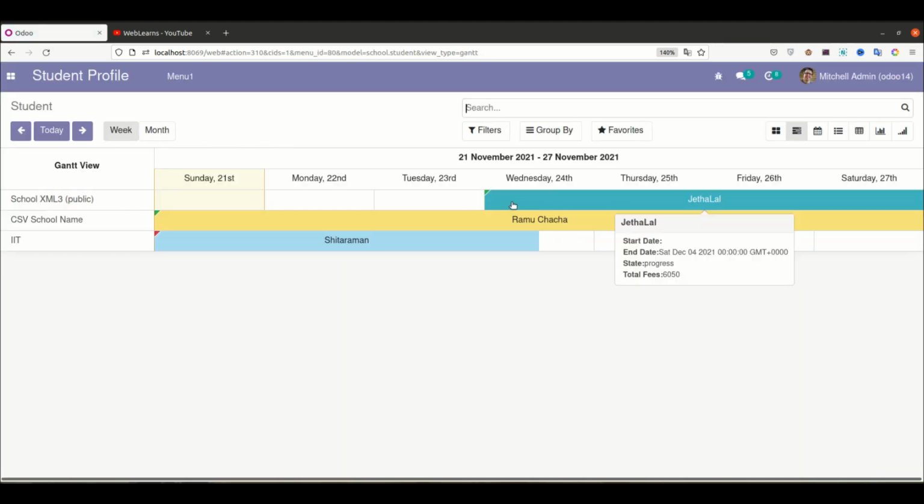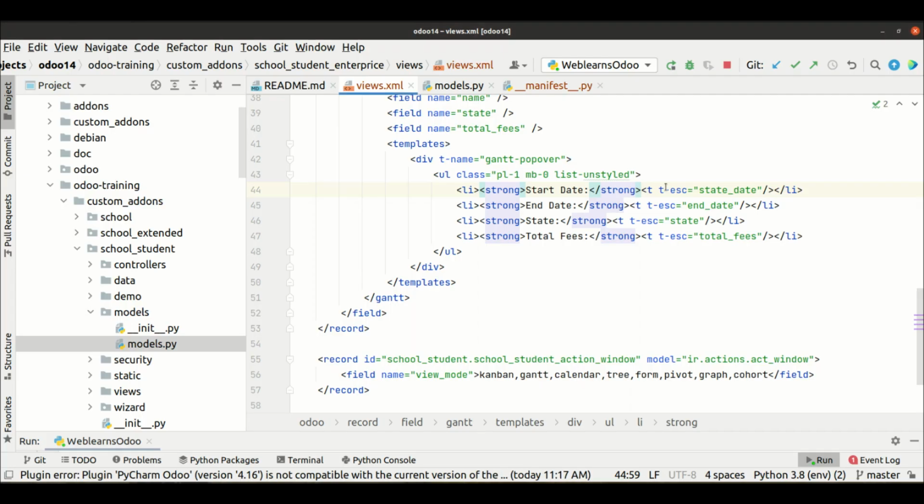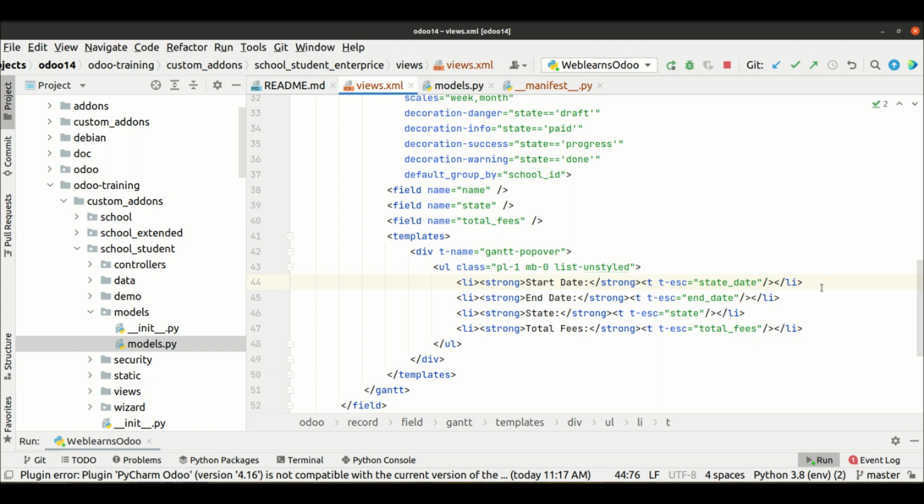So you can see here this is the end date, stat is the progress, total fees is 6050. Now you can see the start date is not visible correctly, right? Sorry, I used stat date instead of start date.